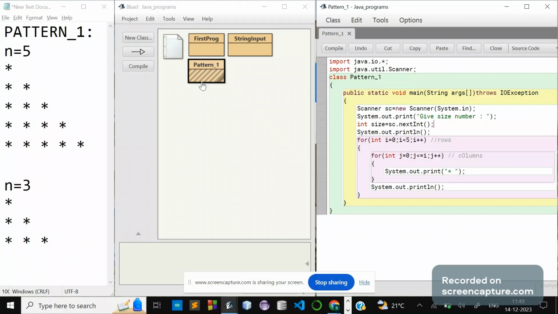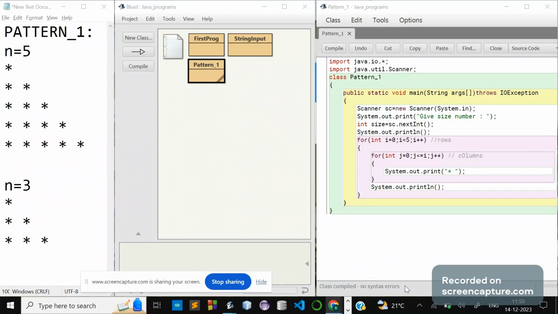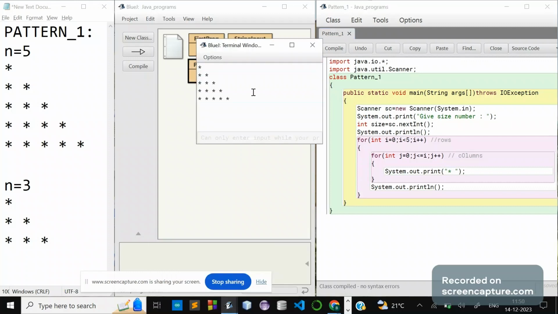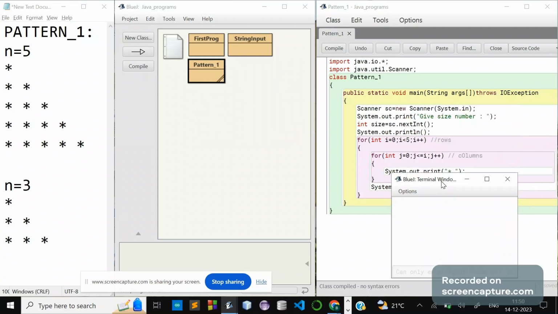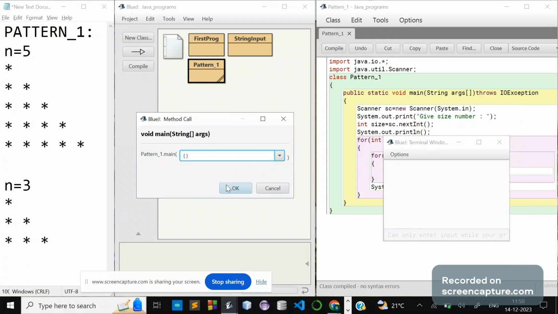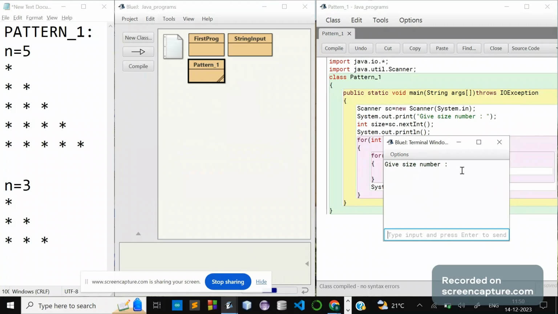If I compile this, you can compile from here or else here. I will compile here. Now if you see here, no syntax error happened. If I going to execute this, if I give Control K, I will compile, clear the output. For clearing the output, you can use Control K, void main, click OK, give the size number. It is asking me. So if I give 5 as input, then it should print these stars